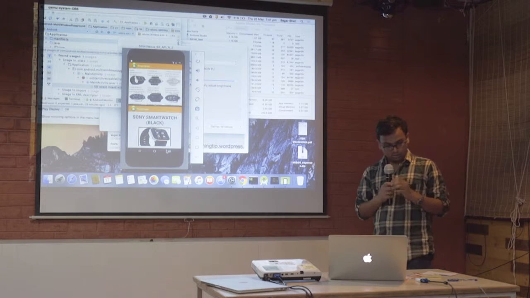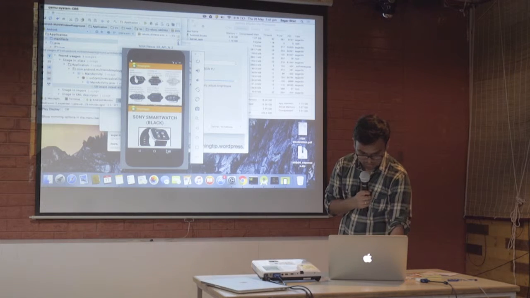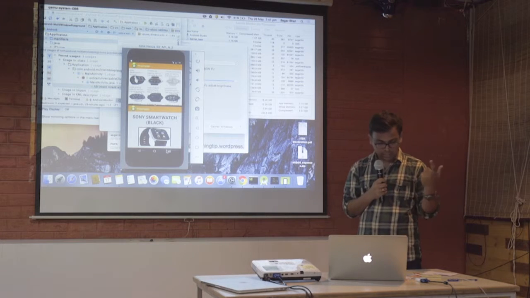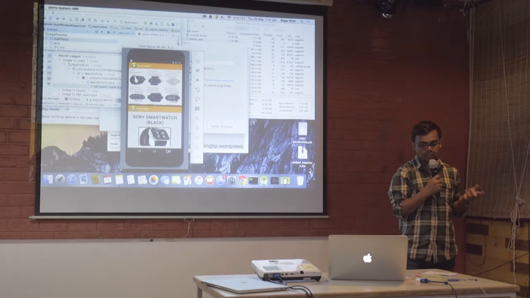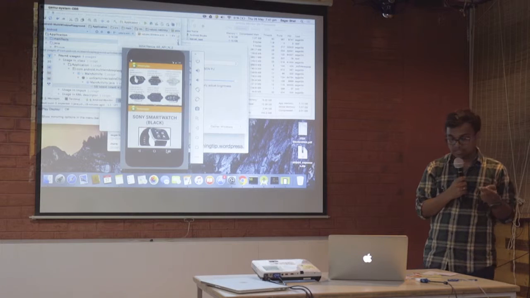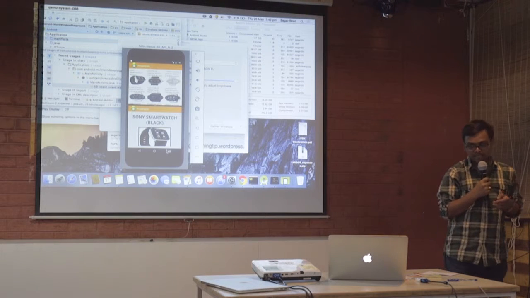Okay. So this is the next thing. These are two things that I talked about. One is the resizable, and next is launch adjacent. These are two flags which are now added. Next is